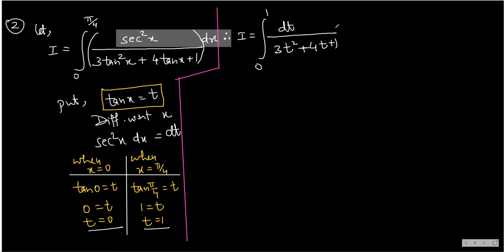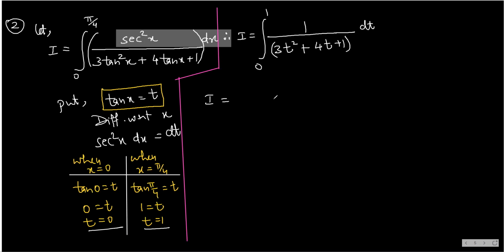So what I notice is that I have here 1 upon quadratic type of integral, because you know dt is actually 1 dt. Dt can always be treated as 1 dt. So this is 1 and this is dt. So this is 1 upon quadratic. What do I do? I make the coefficient of t square plus 1. That is always our step, so 1 by 3 I take out. I take 3 common.